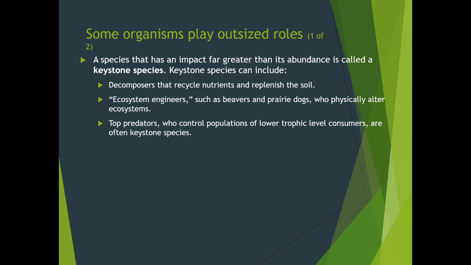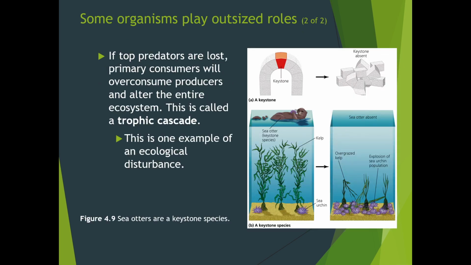Well, I also believe that a trophic cascade could start from anywhere in the middle. If we get rid of the decomposers, that's on the bottom, and we're hurting. If we get rid of the top predators, that's on the top. But it can also start somewhere in the middle, with the beavers or the prairie dogs, and that can start a trophic cascade either up or down that food chain, or right from the middle on both sides. So we need to be very careful about these keystone species because we don't know which one is really a keystone species until we remove it.